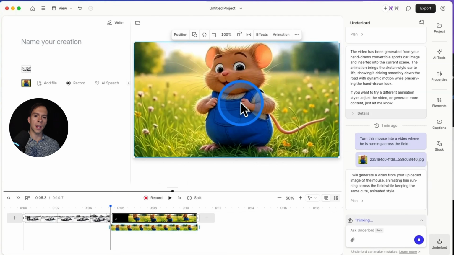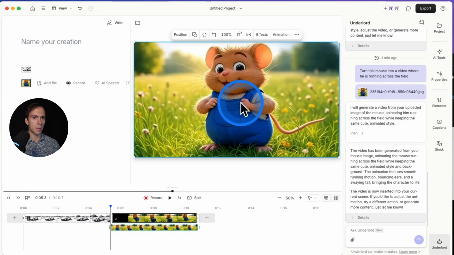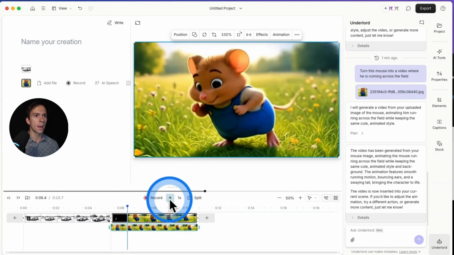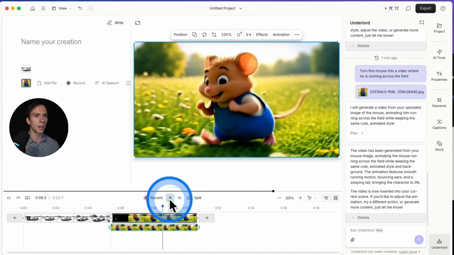Again, first frame is the original image itself. This was the image I generated in Grok, which is my favorite AI at the moment. And so if I hit play, here he is. He's starting to run